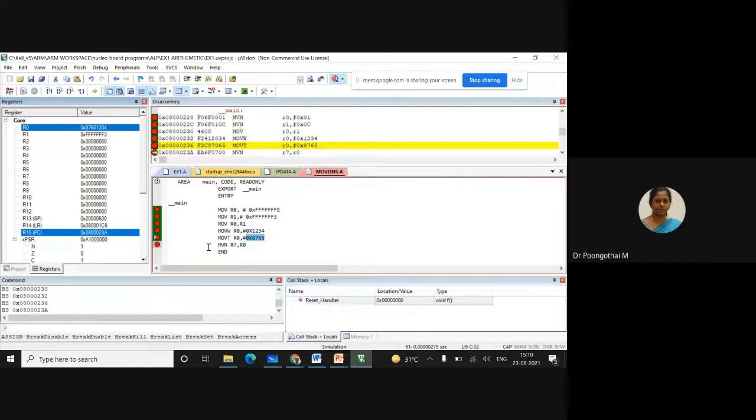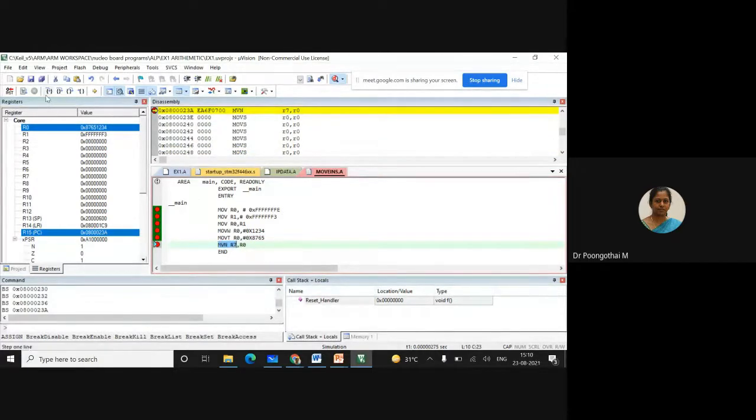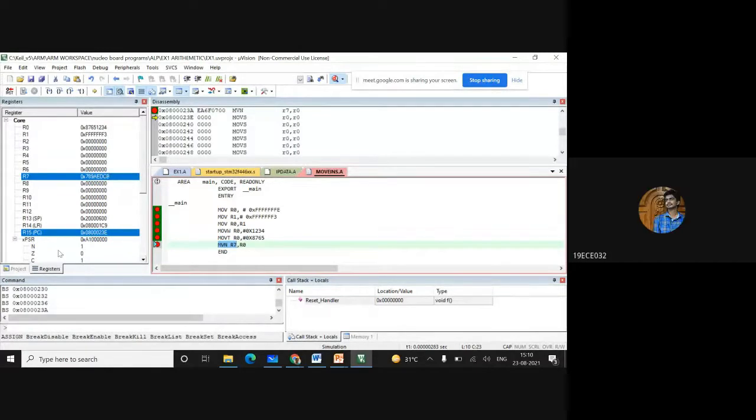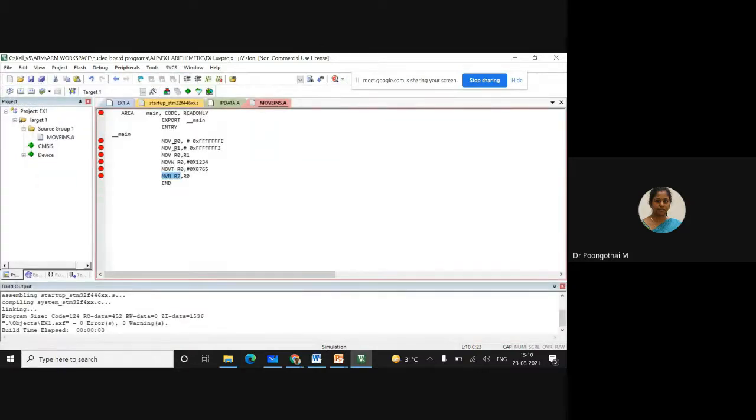And next I am going to perform this NOT operation. So after execution, your R7 holds 789AEDCB. Is it clear, students? Yes, ma'am. So we can use the move instruction with the S suffix also. Just I'm going to change the instructions with the S suffix. For move W, we don't have an S suffix instruction, and also move top. Move not we have.